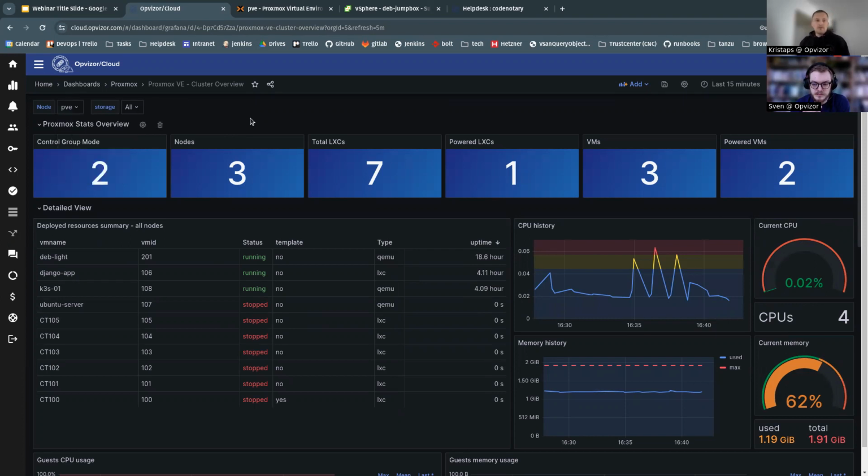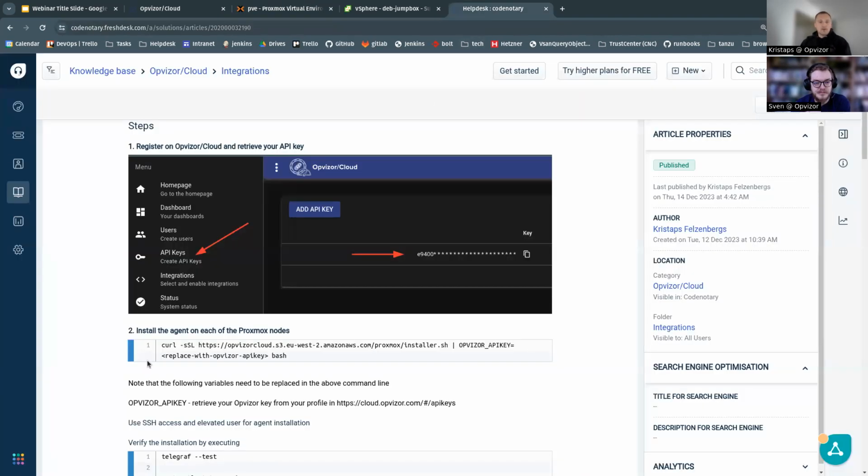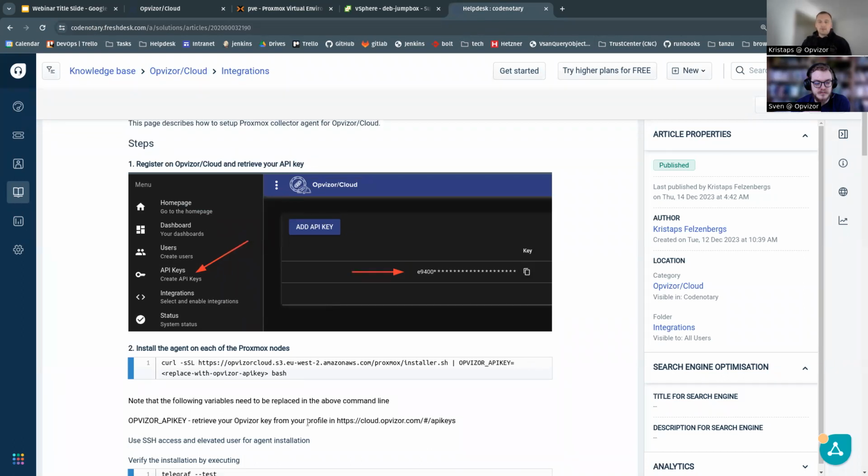So just to give you a brief overview of our dev/test environments, here is our current Proxmox testbed. It consists of 3 nodes, and each of these nodes is equipped with our custom agent for Proxmox. And to give you a very quick overview of how you can install that into your Proxmox cluster environment, it's just a simple command line. It takes one parameter, which is the Optimizer API key, which you can get from our Optimizer cloud platform, and then you execute a one-liner, which will install the service